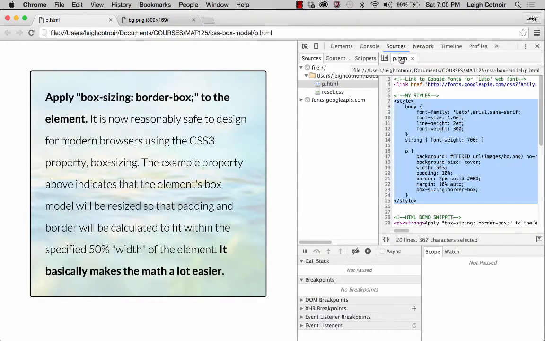But it shows you the file, and also notice that now sources is underlined with this, right in my browser, it's blue underline. That means that it jumped from elements where we were to sources when it opened this. So if you need to get back to where you were, you can always click on this elements tab. The other thing I want to show you too about this, it's really good, is that off to the left, while we're still in sources, right,